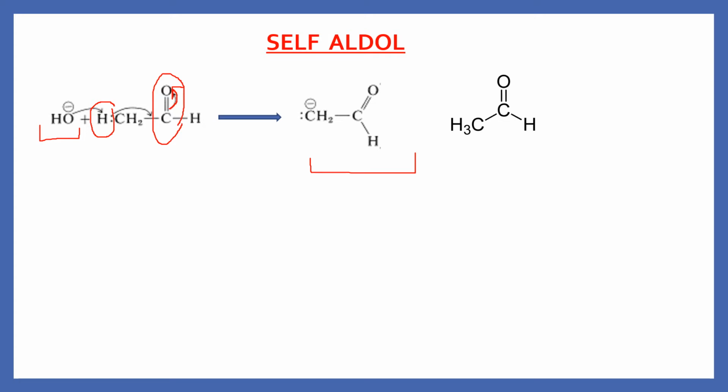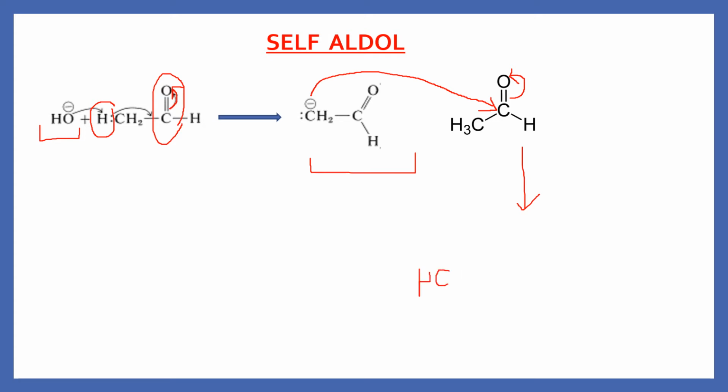So the carbanion is formed by one molecule of ethanal, and now it is going to attack the carbon of the carbonyl group of another ethanal molecule. Simultaneously the electron density is going to shift here. I will be getting